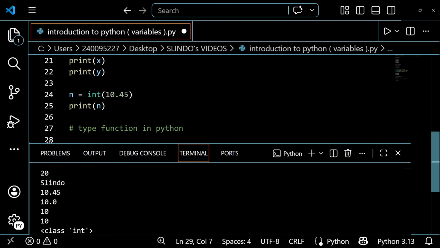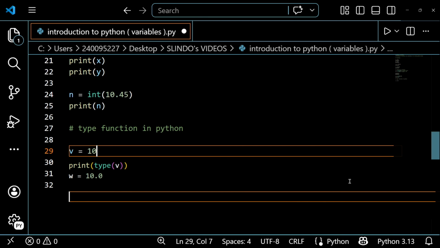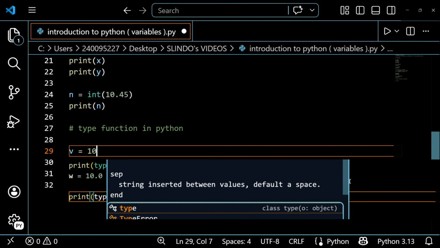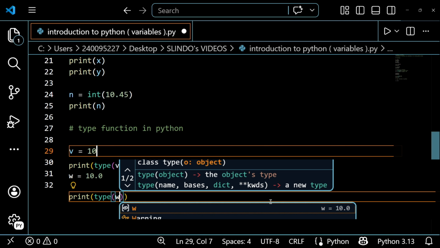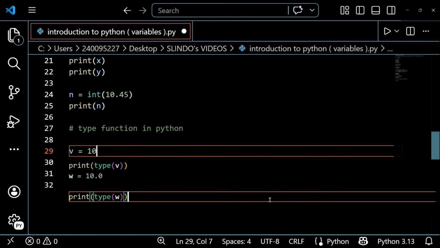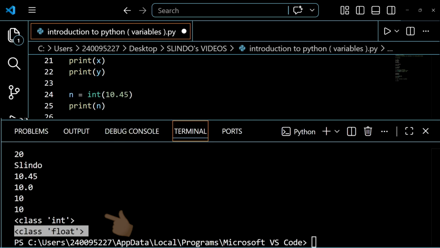Let's say now I want w, which is 10.0. Then I want Python to print the type of w. If I run this, it will tell me that w is a float. w falls under the class of floats.